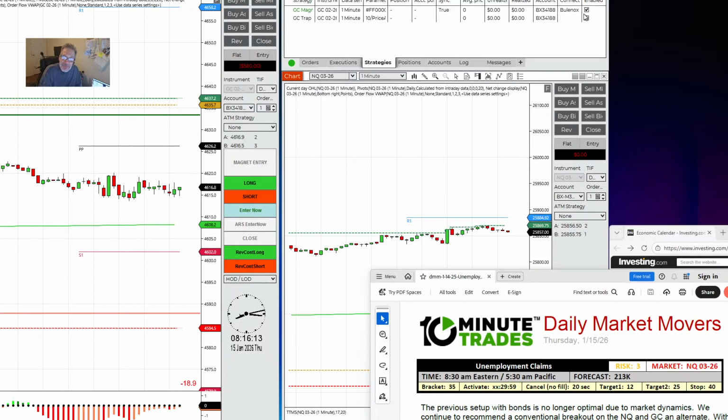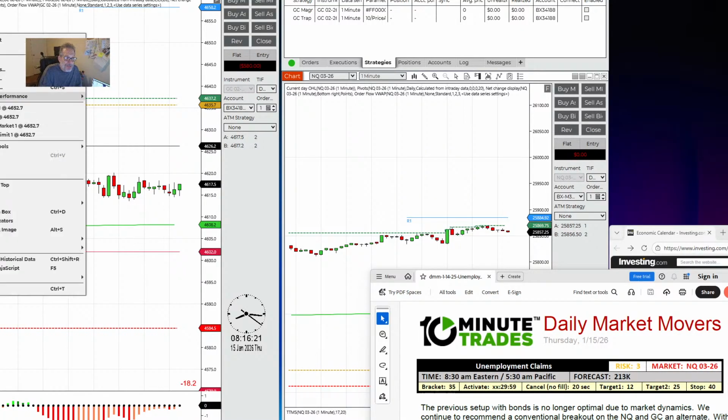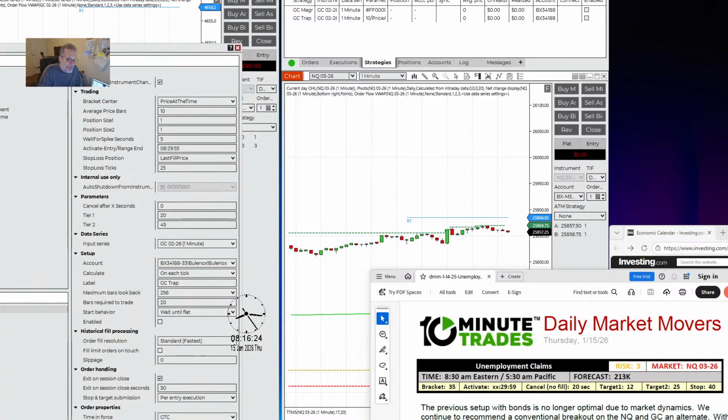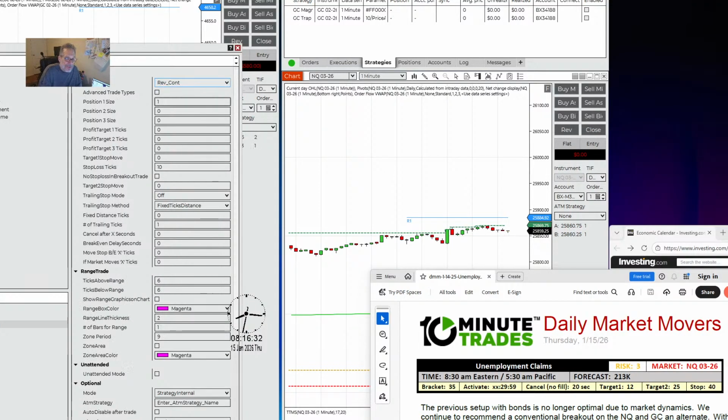Very easy. So I'm going to trade the trap just because I want to. And I'm going to put a reverse continue on the chart also. But I fully accept the fact that this is an inconsistent trade. Sometimes it works. Sometimes it doesn't. I'm not trading it funded. I'm trading it in an eval. And that's how I would do it. I wouldn't take a serious, great funded account and trade this event. I just don't think it's worth the risk.